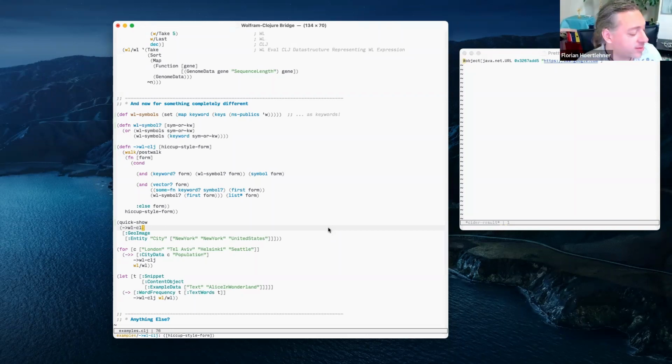Okay. And you mentioned the integrated data in Mathematica as one of the reasons. What other universes or features do you think are interesting that are not in Clojure and that we only find in Mathematica? Oh man, I think there's a million lists.